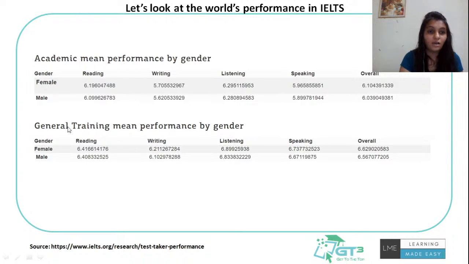And again, talking about the general training performance, that was 6.62, and overall for male it was 6.56. Again, for writing, it's only 6.10 bands. And 6 again. For listening, they have done good. Again, for speaking, apart from the speaking in the academic,